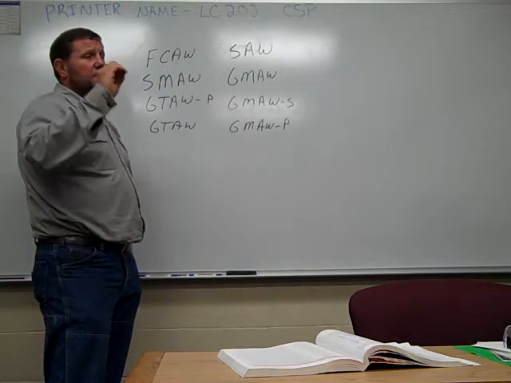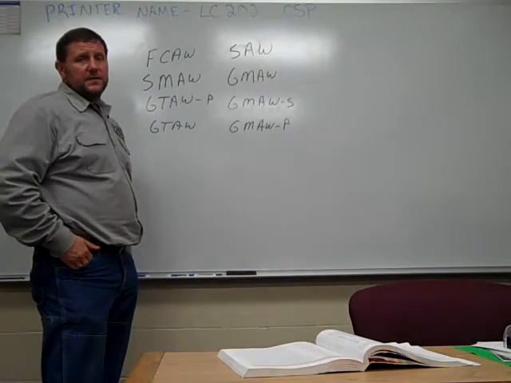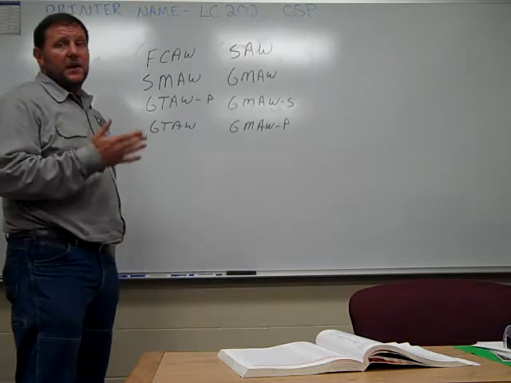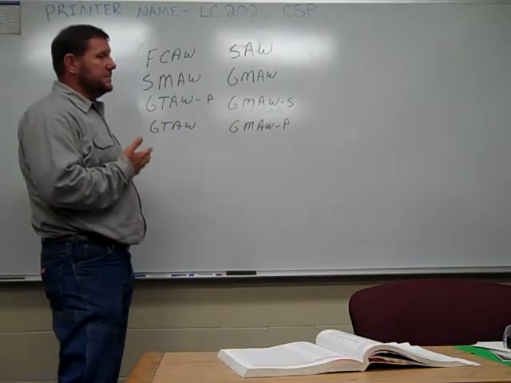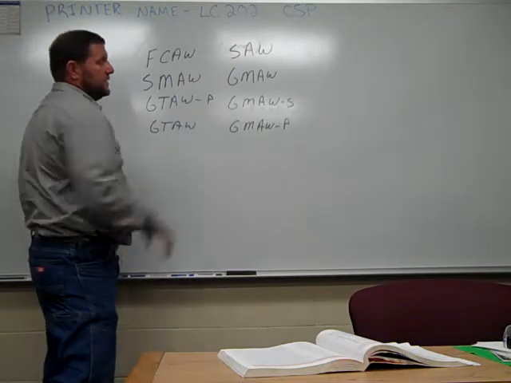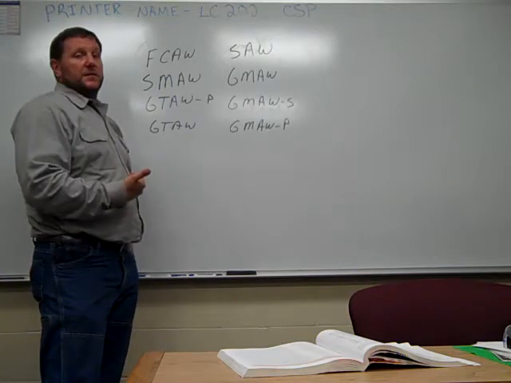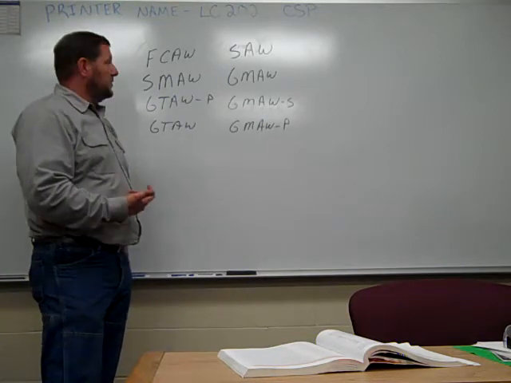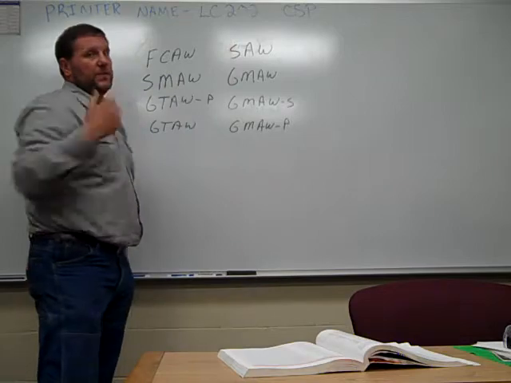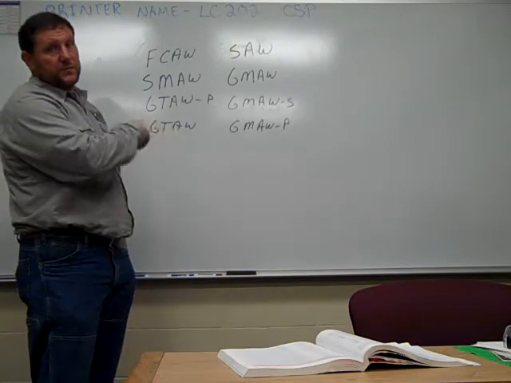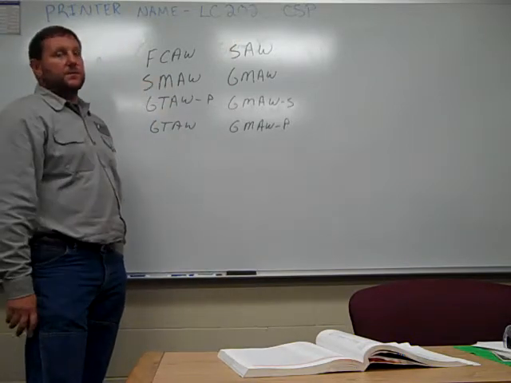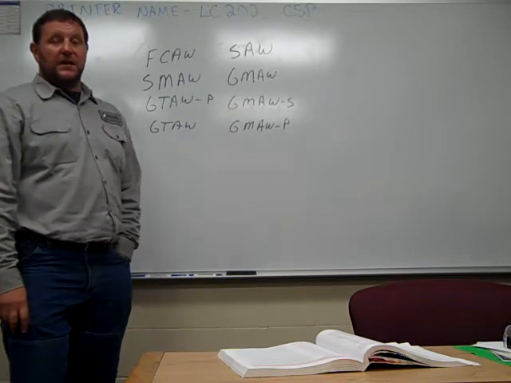So we're going to move right into chapter 12 here shortly, and if you ever have any questions about what you're going to see on the prints, you're going to see these on the print. Now you should be able to understand what it's asking you. So if you see GMAW, okay, we're doing a spray transfer on this joint, 1/4 inch weld size, and so on. If you have any questions, please contact your instructor.